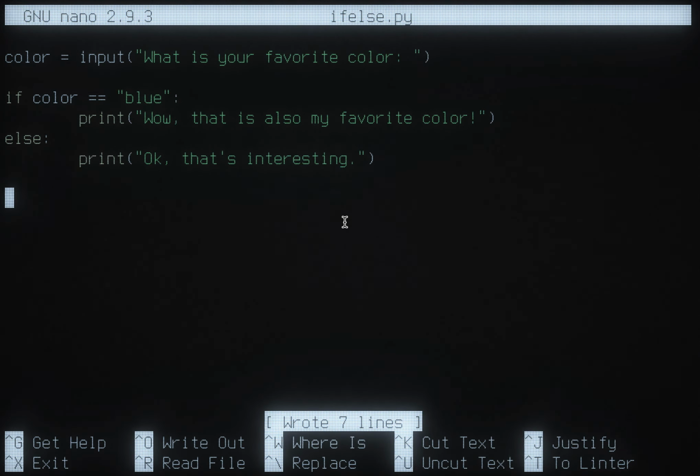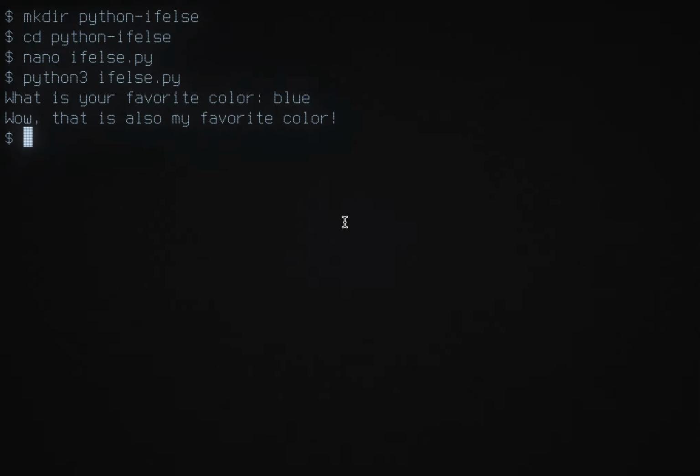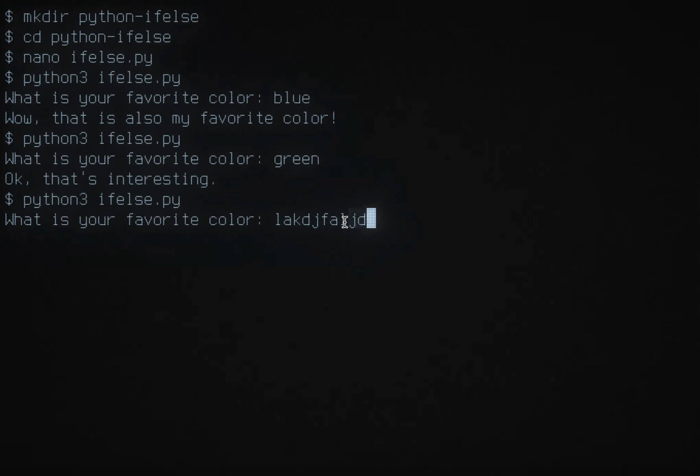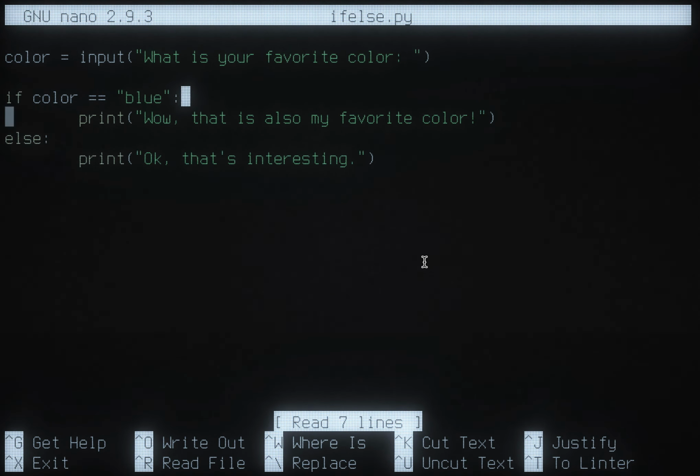So I'll save the file and run it. Blue. So we get that message, otherwise we get that message. Or, obviously anything else, we get that message. Now notice actually, if I type capital blue, we still get the default message. So let's make blue or capital blue be acceptable. So what we can do is put an or